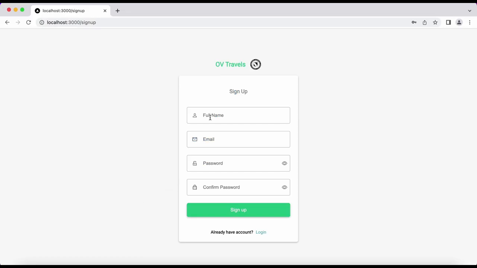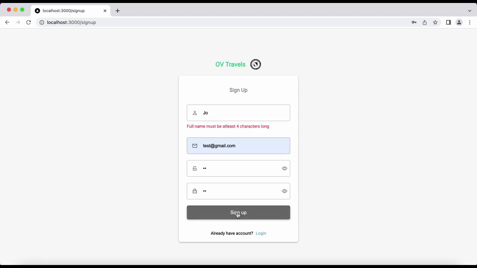If we open our browser and fill the form, we can see the errors. If the name is small, then we get this error: full name must be at least 4 characters long. Now let's give something that is large. And click sign up. We'll get that it should be less than 30 characters. Let's give a name that can pass validation. Now if we click sign up,